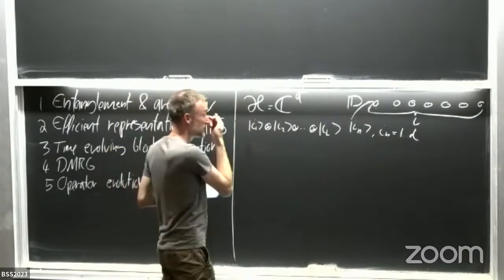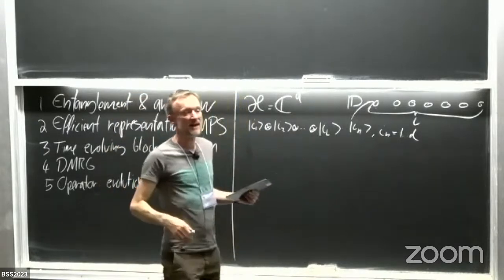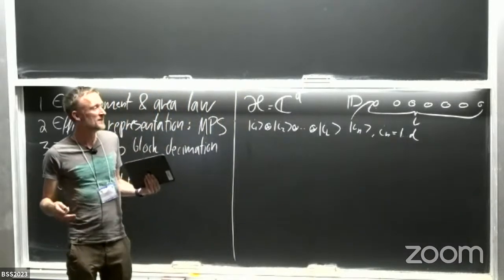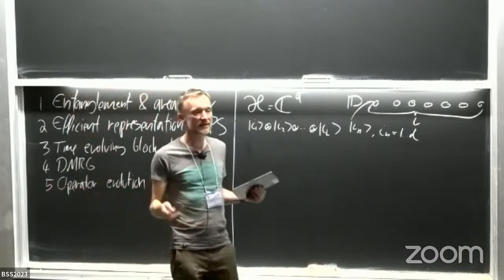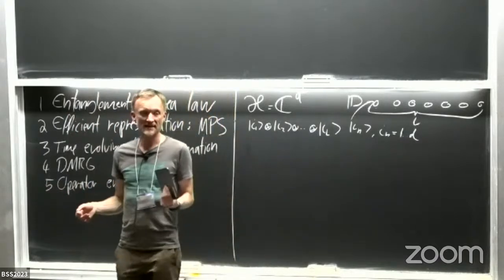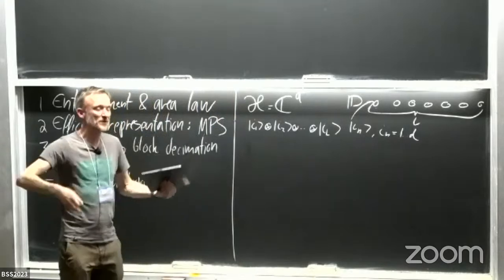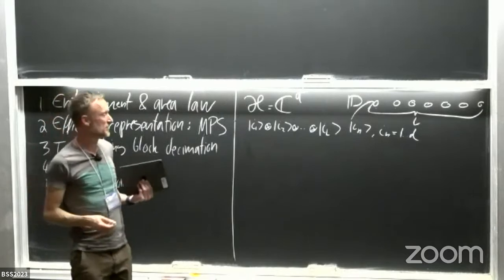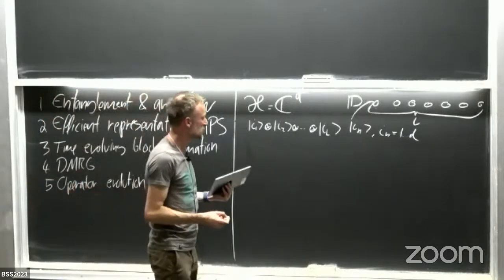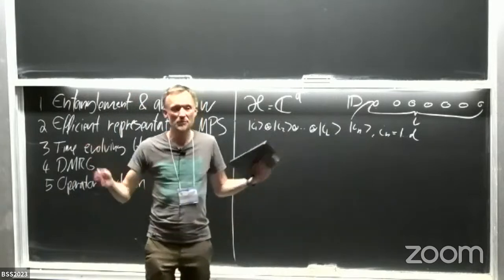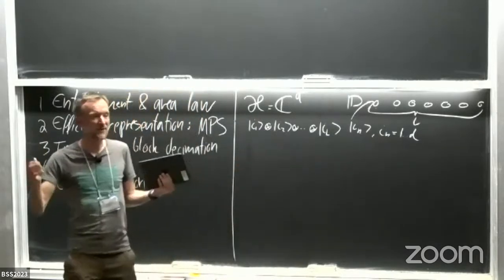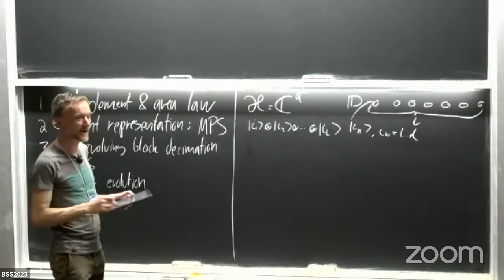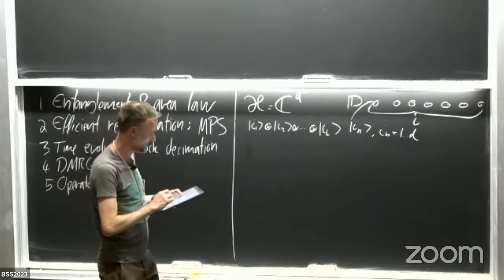So now we've got everything set up, and maybe connecting to the lectures that were taught before, we might say that we have a given Hamiltonian, or we have a Floquet circuit, and we want to see whether after a sufficiently long time the system actually thermalizes. Or we might want to consider certain quench protocols. We want to see how entanglement is spreading through the system. Or we might have a Hamiltonian and want to figure out what the ground state of this Hamiltonian is. So these are the types of questions I want to address.